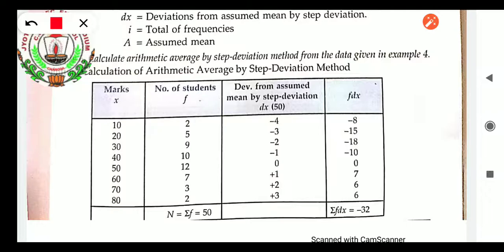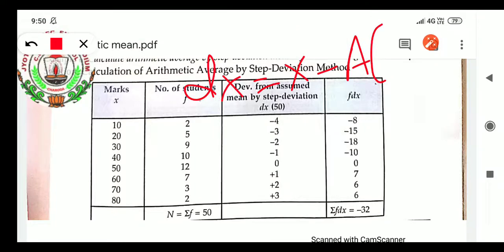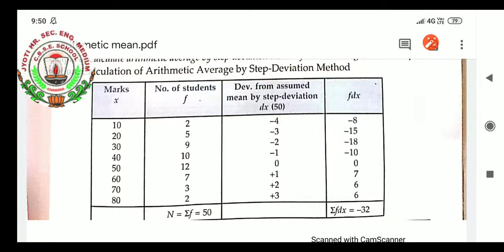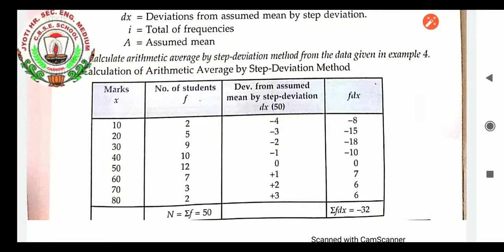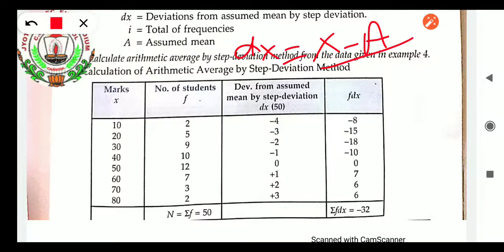Okay. Let us take 10 and the assumed mean. Dx, I explained to you, dx equals x minus a. What a have we taken in this question? We have taken 50. So let us do the calculation. Dx equals x minus a. When we take 50, what is the dx for 10? 10 minus 50 is minus 40. But here the formula has one correction. Here I will write the formula again: dx equals x minus a upon I.